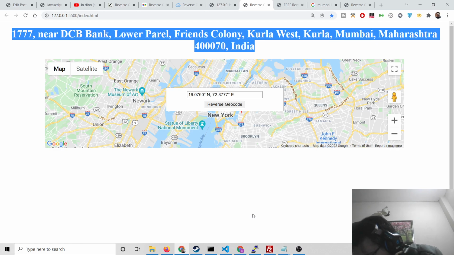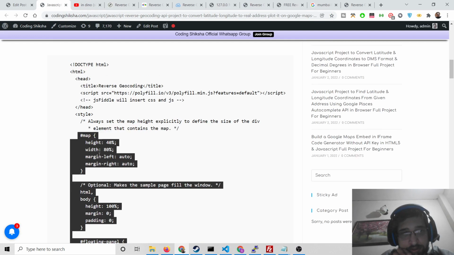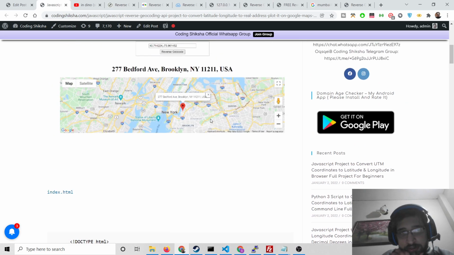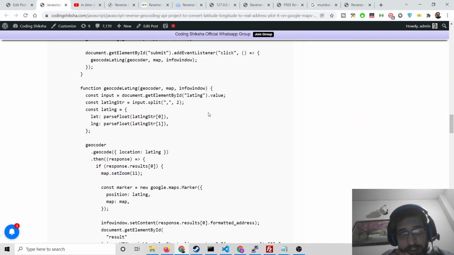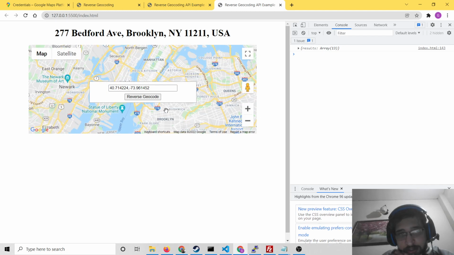And I think this also completes the application. In this way, you can just copy paste all the source code. The link will be there inside the video description. This is reverse geocoding, and you need to just place your API key here. Simply go to Google Cloud Console and simply paste your own API key.